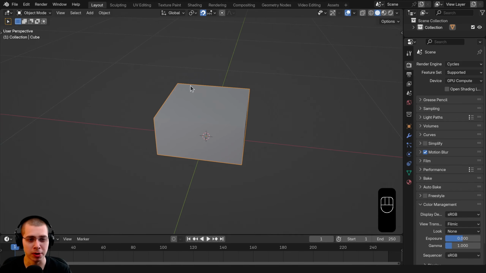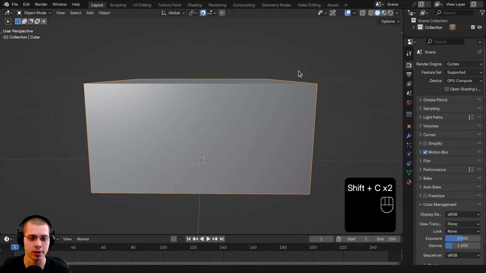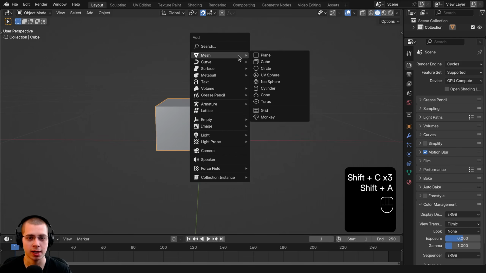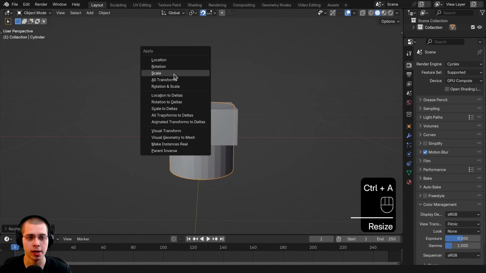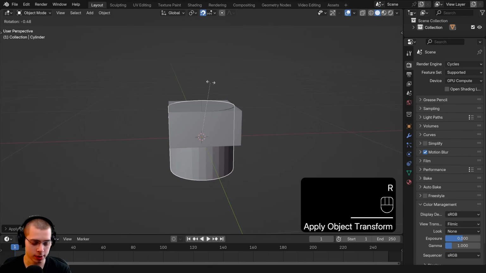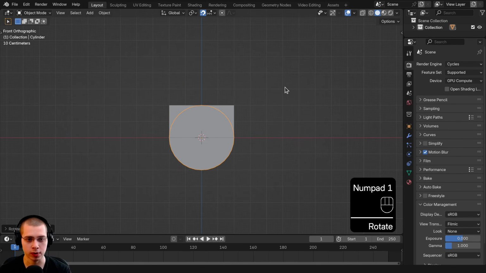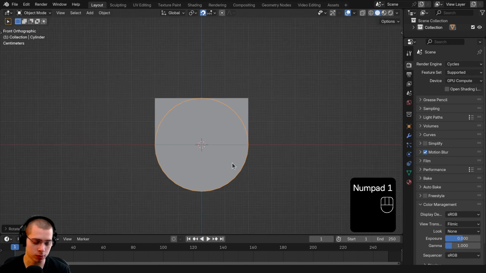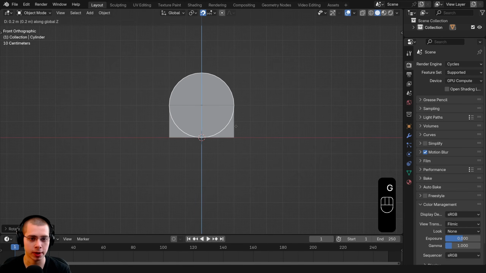So what I now want to do is model that little trench bit which the marble can run through. So I'll just make sure the 3D cursor is in the very center by pressing Shift C, and I'll go to the add menu, and I'm going to add a cylinder. And I'm going to scale the cylinder down by 0.2, and I will hit Ctrl A and apply the scale. So let's now rotate the cylinder on the X-axis by 90 degrees. So if you go to front view, you can see the cylinder is pointed forward. And then with the snapping still on, I'll hit G and Z and just bring it up by 2 grids